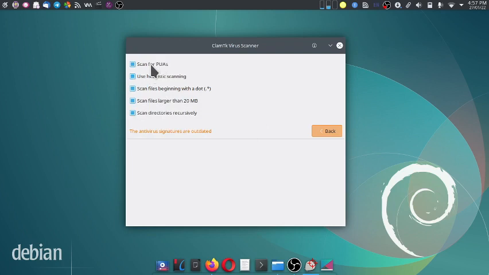As per your needs, if you want to be ultra safe, you go for scan for PUAs. That is the heuristic scanning, an artificial intelligence based scanning of the files. Scan files beginning with a dot, so the dot precedes the name of the file. Scan files larger than 20 MB.